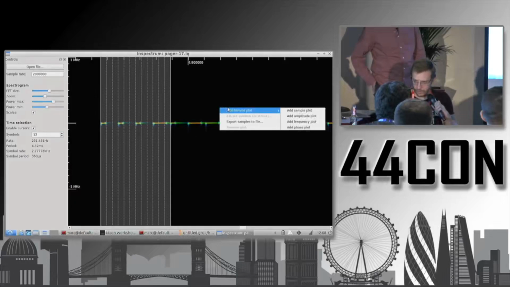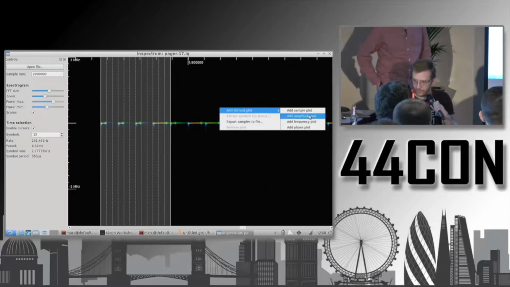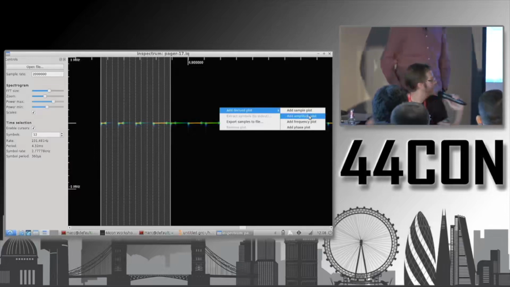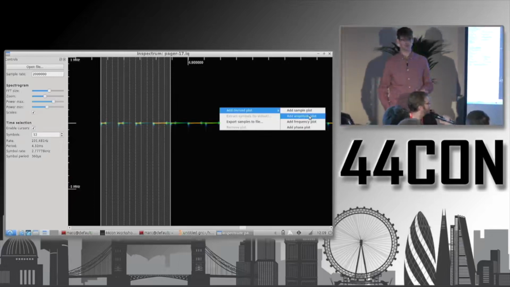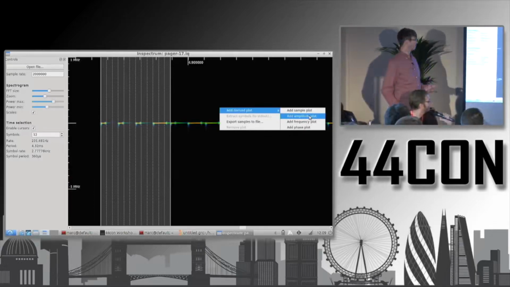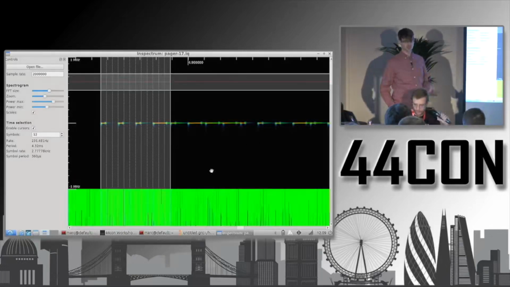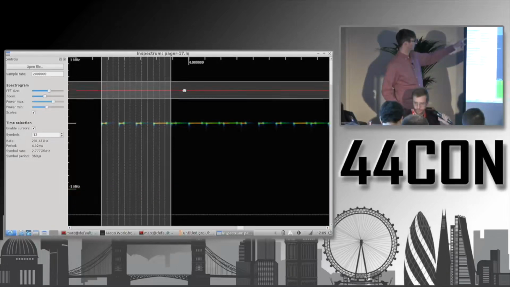So if you right-click there and you hit Add Derived Plot. This is a really sweet feature that Inspectrum has. Basically, Inspectrum has some very basic demodulation functions built into it that you can actually use to help visualize the symbols even more accurately. So in this case, since we've determined that we're likely looking at on-off keying or an amplitude shift keying based modulation, we can add an amplitude-based plot,